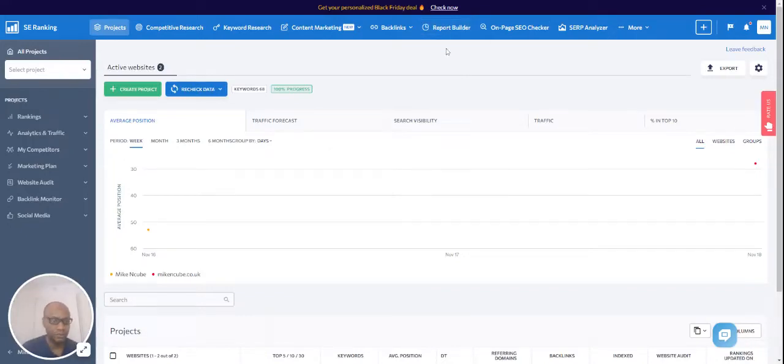Okay, so we want to look at competitive research. If you're running PPC campaigns, you will do some research to find out what budgets to set, how much you're likely to spend for each click. But a good place to start as well is to check out what competitors are spending in their campaigns, especially Google Ads, and that shows you what kind of traffic they're getting, how much they're paying, average cost per click,